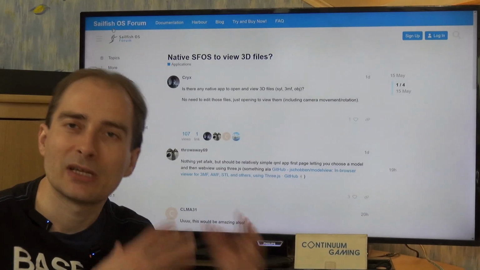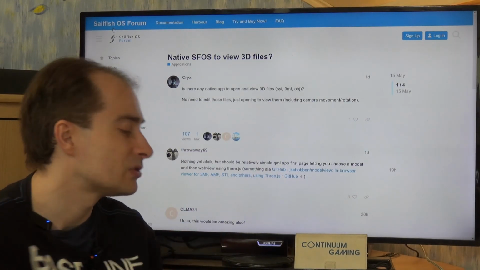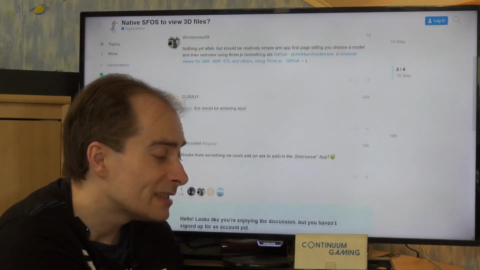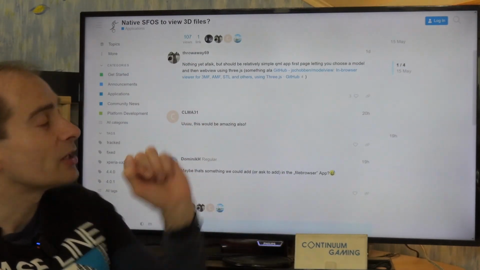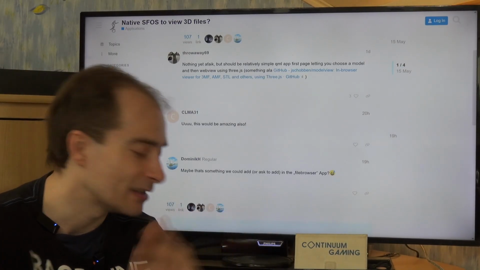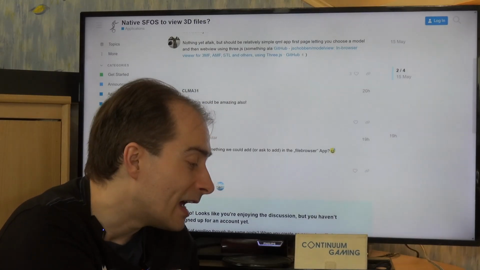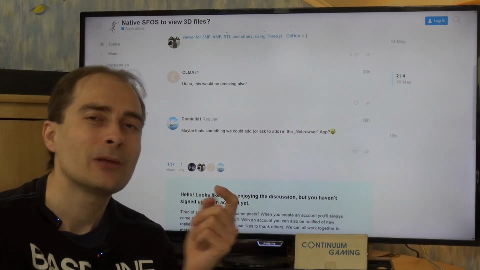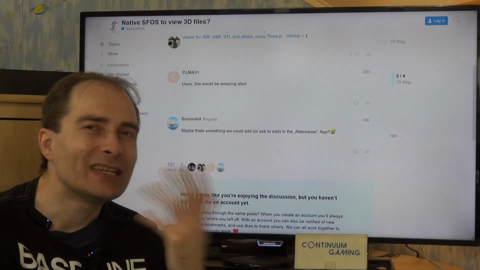whatever you want to call it, but it's more or less a 3D object viewer in the native world here. And as mentioned before, there is three.js, for instance. This is one of the libraries which can help you with showing everything off if you really need to. Otherwise, somebody is suggesting to add that to the file browser app,